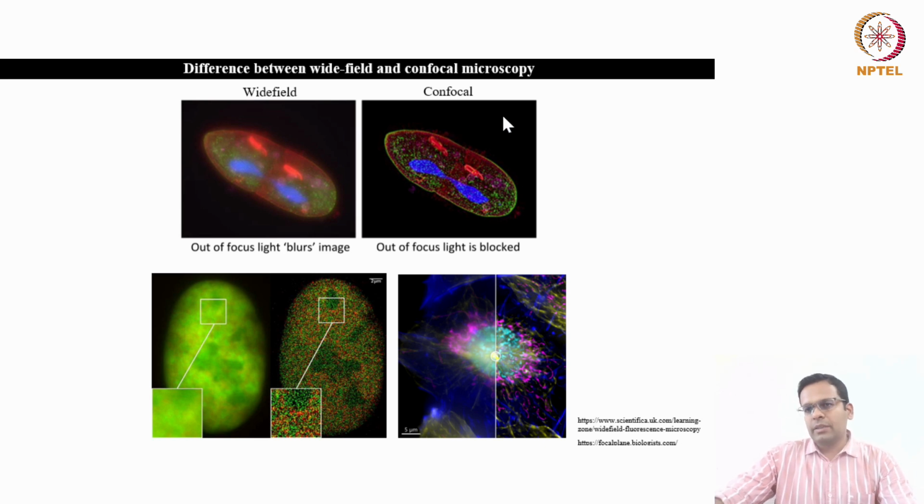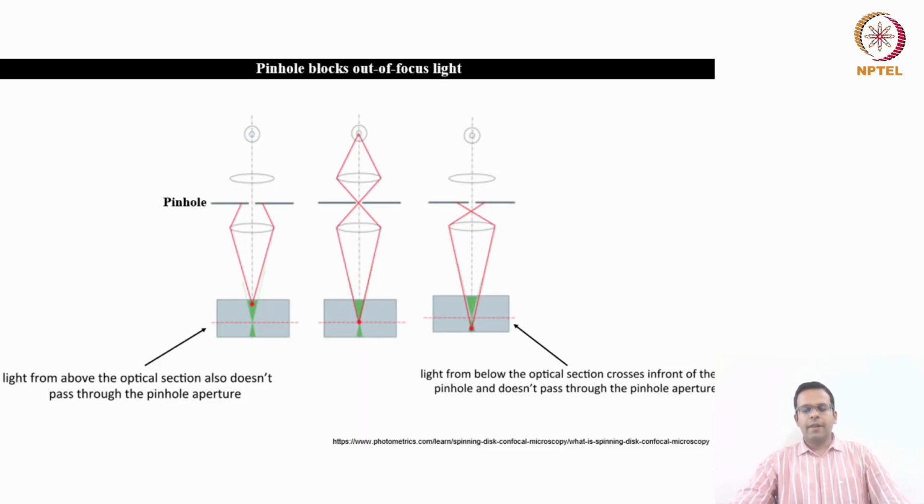And again, this technology provides better resolved images, but simultaneously it also has several disadvantages. So you have to decide whether you really need to go for confocal imaging for this particular sample, or you can do your work with wide field imaging. Okay. So let us see how this confocal microscope removes the out of focus light. In this diagram, you can understand that concept.